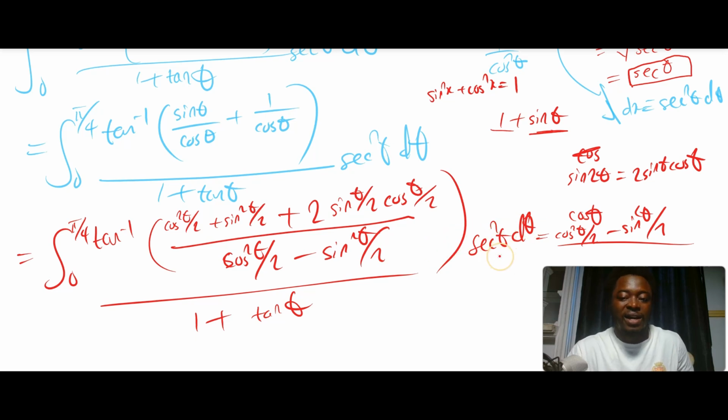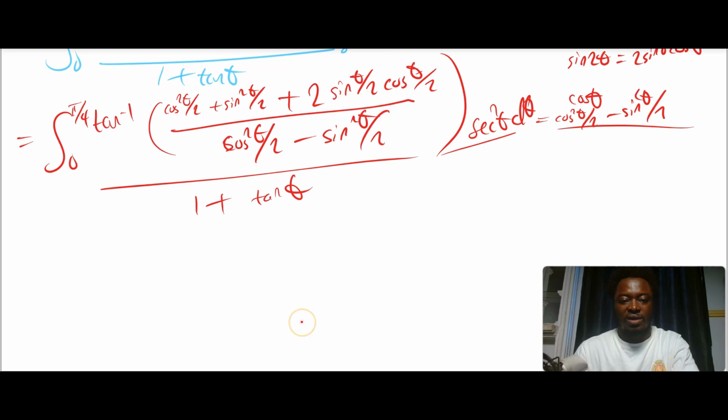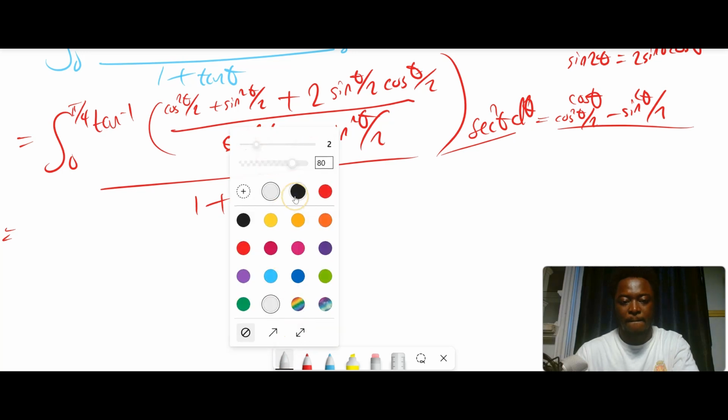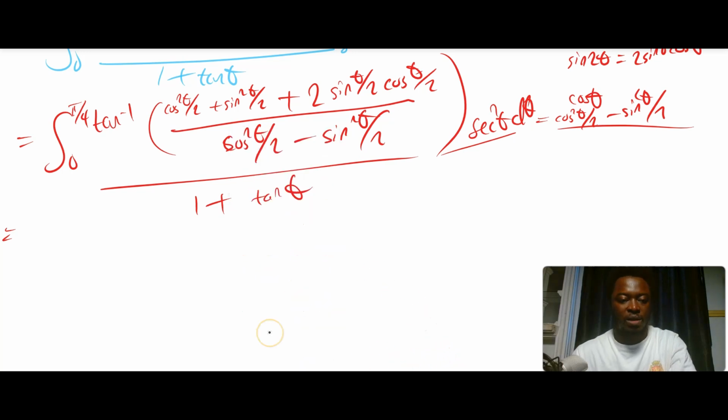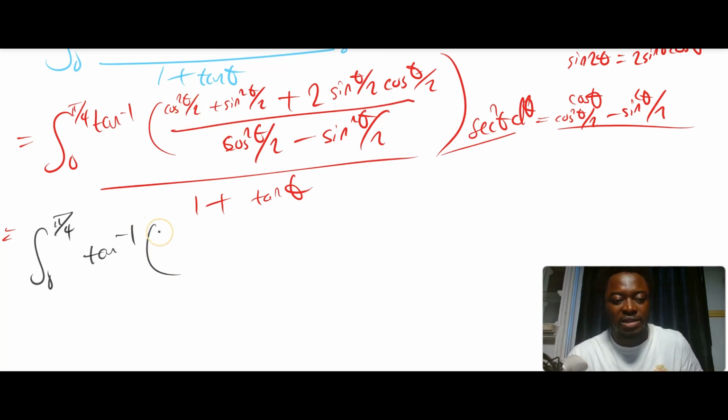This may look like, okay, let's simplify, but you don't have to. Me, I simplified it while solving it, but when I got to the middle part of the work, I realized that I don't have to simplify it. So let's see. Then this would be equal to, let's get the black. This right here will be equal to the integral from 0 to pi over 4. Then you have a tan inverse, and notice that here we could write this